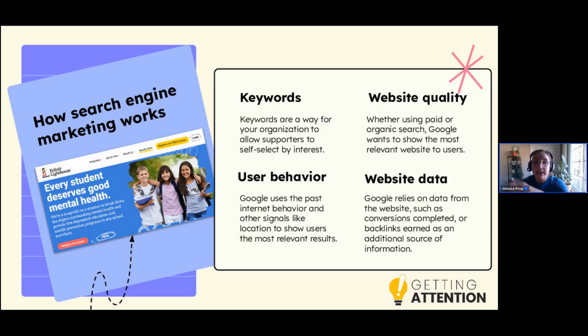So the actions that people are taking on your site, maybe conversions completed, or, if we were to look at the organic side, even how many other sites are linking to you, backlinks earned. These are additional sources of information that act as signals to Google of who is going to be a good user experience. When we get down to Google's core interest, Google wants to make sure that every time it's serving results, it is serving you the best possible results so that you will continue to use the platform, right? Google wants to be the go-to search engine.